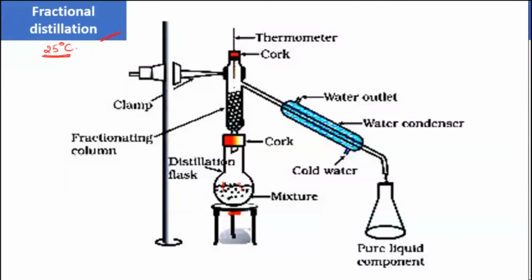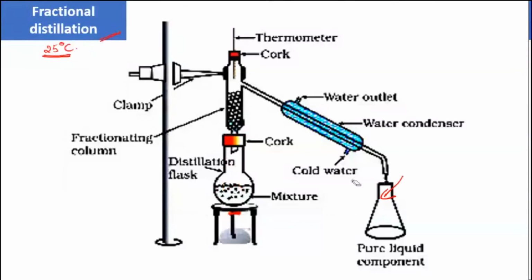Okay, and then you can separate them here. The liquid will get collected over here, and then you remove that liquid, and after some time the next liquid will start coming. Normally you can remove it; the next one will remain in the round bottom flask itself, and you can remove that. That is simple distillation.